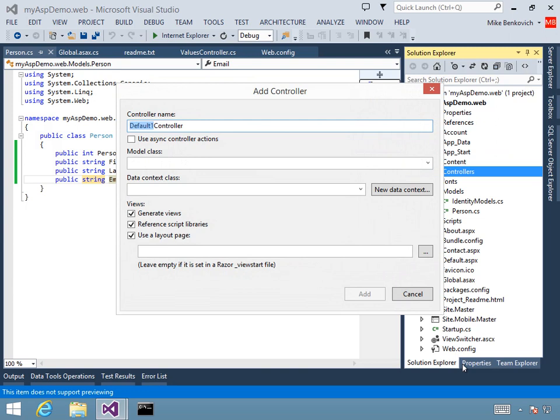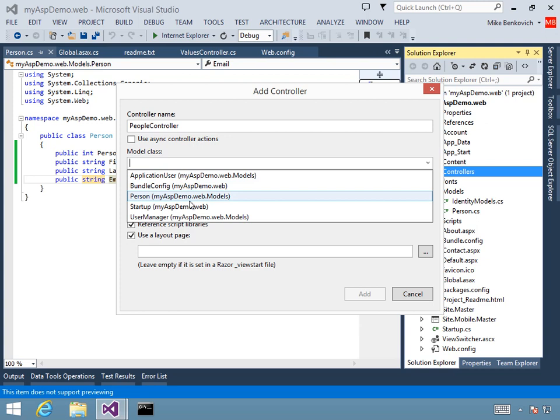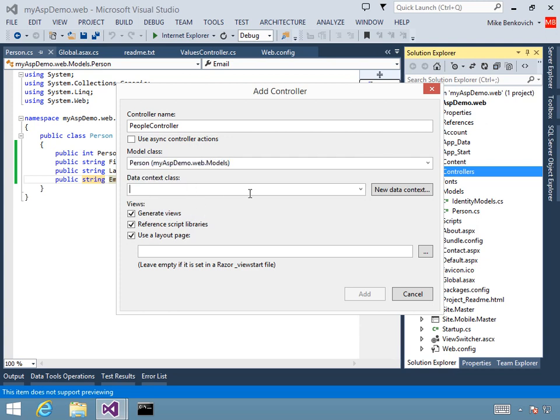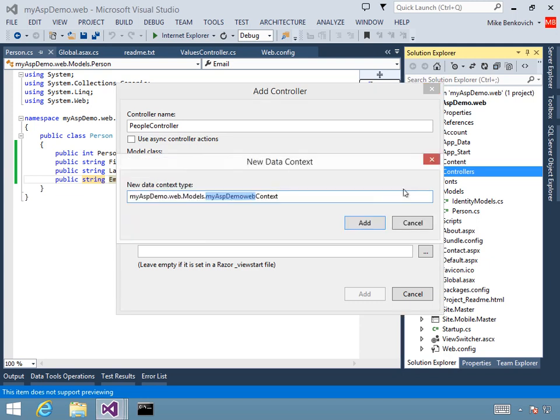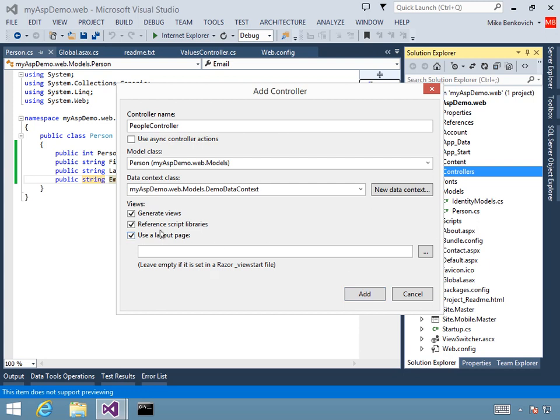So let's go out and we'll call this my people controller. And the people controller is going to use my person class. And I'm going to add a data context. Now the data context is like the layer that allows me to connect up the model into the view. And so the data context is going to be like the connection to the database. We're going to create a new one. We'll call this demo data context and add. And then we're going to go out and create some Razor markup for how this is going to be put